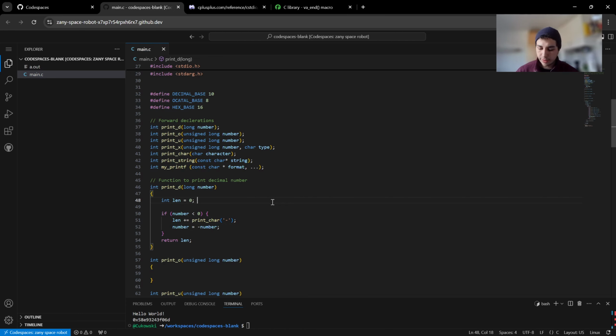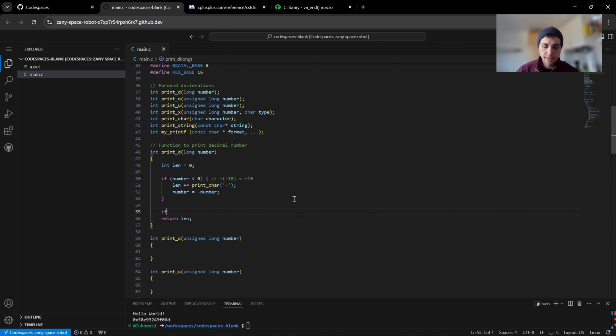Let's say if we have minus 10, we will just take the minus part, put it to the char, and then we will just continue working on the negative version of minus 10, which will be plus 10. I put this here, a small explanation,